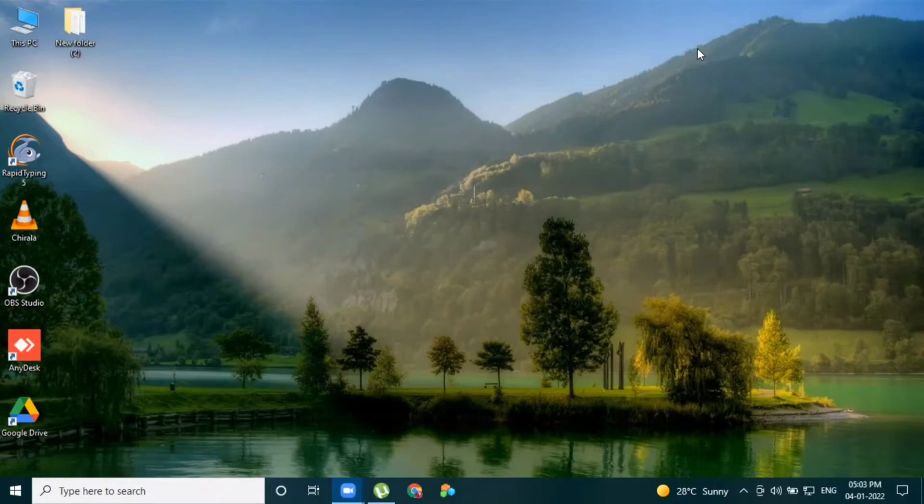Sometimes we may find some of the shortcut icons, right? And also some of the shortcut icons will be displayed in the name of your pen drive. Suddenly you may see that when you open your pen drive in your laptop or in other system, it shows only the shortcut icon in the name of your pen drive. And you can't see your files and the data which is having in your pen drive, right?